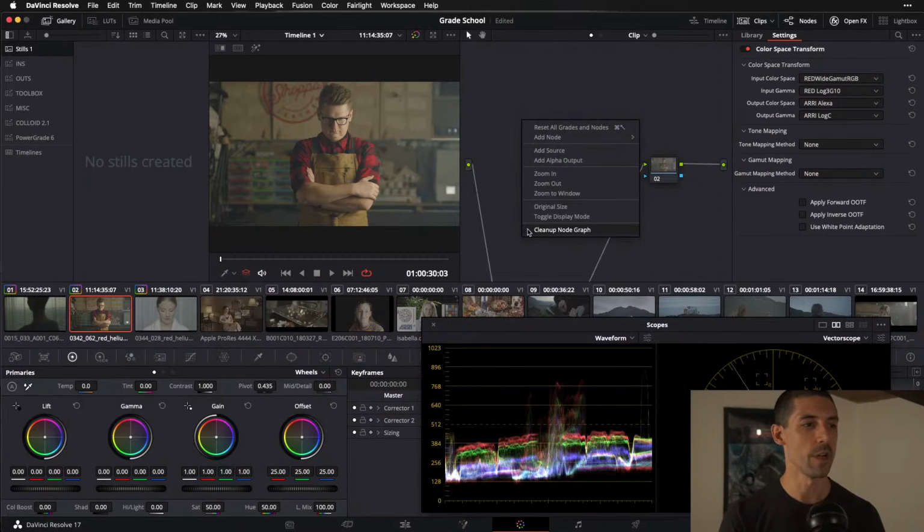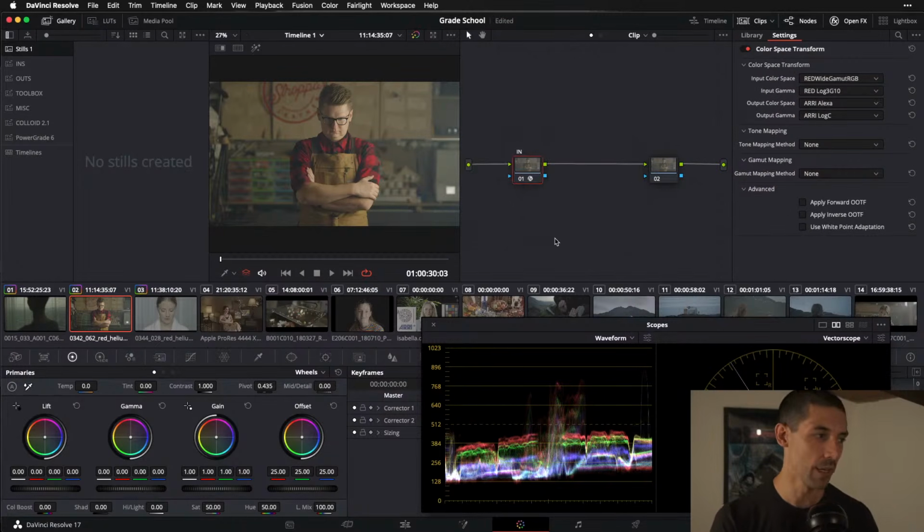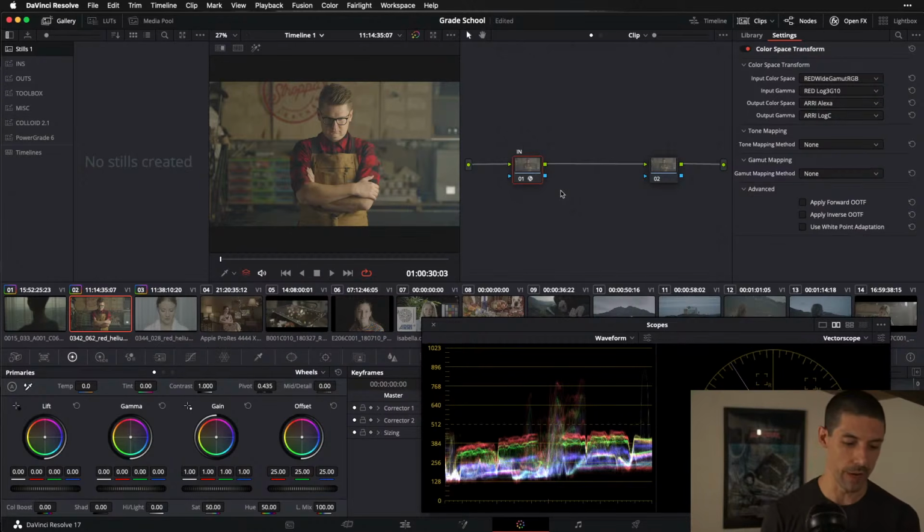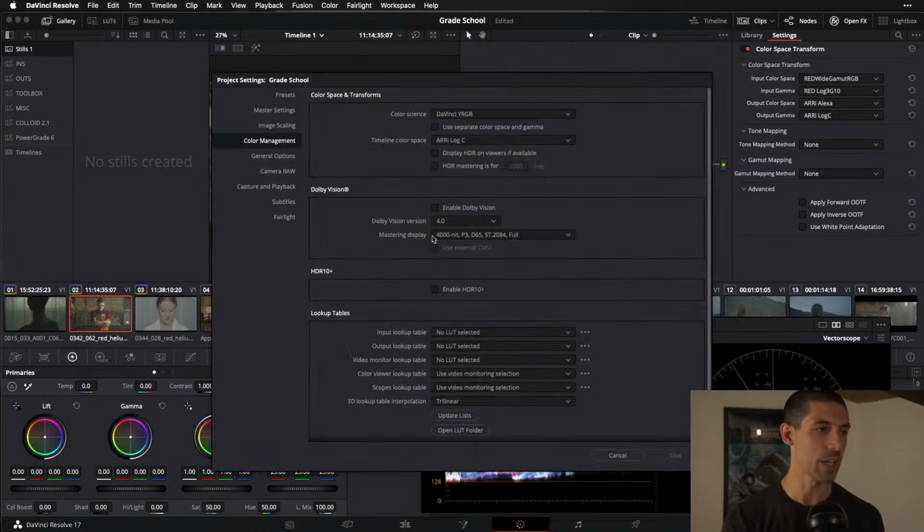The only other thing I'll mention here with this RED media is there's a couple of gotchas when you're doing the node-based color management solution. I'm going to talk in a minute about the positives and why I like to do a node-based color management solution, but there are a couple of gotchas that we really want to underline and emphasize. The first one is this. If I do any color management setup here in my project settings,